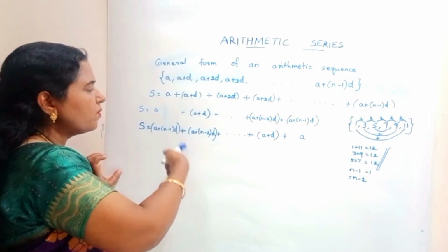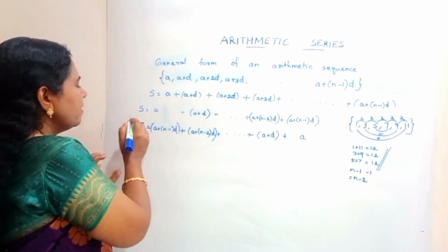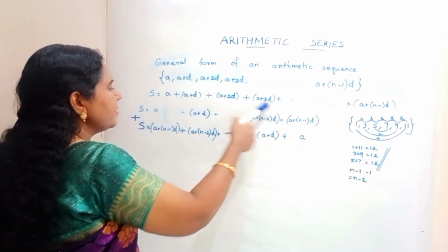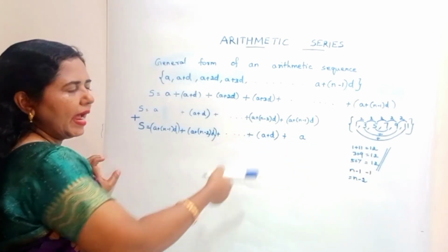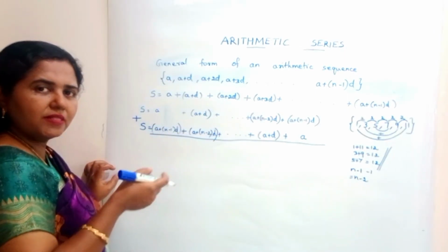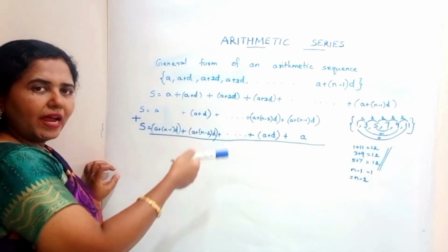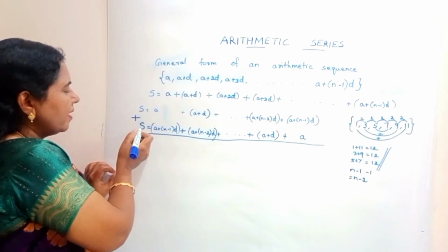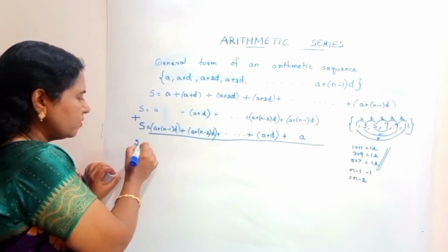So in order to bring out this addition, what we can do is we are going to insert a plus sign here. That is, we are going to add this equation with this equation so that the terms can be added correspondingly. Okay, so now when we are adding both the equations, it is already known that we have to add the left hand side as well as we have to add the right hand side. So now here in the left hand side we have s, and here in the second equation also we have s. So s plus s, so it becomes 2s.